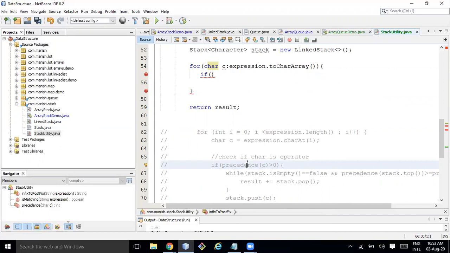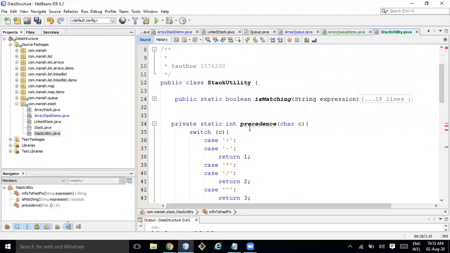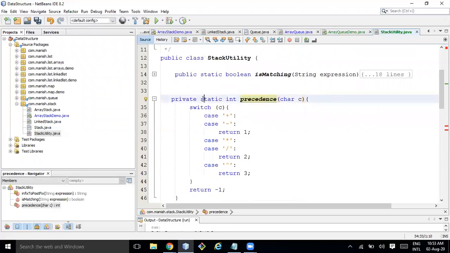So I have declared one precedence function here. It is a very simple function where I pass one character c. If it is plus or minus, I return 1. If it is star or divide, I return 2. If it is the power operator, then I return 3, otherwise I return -1.